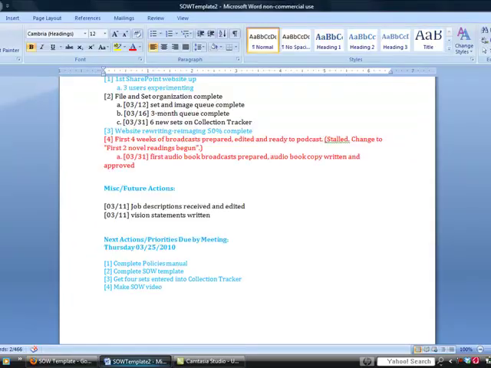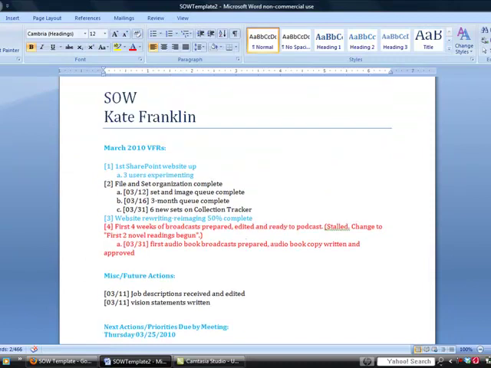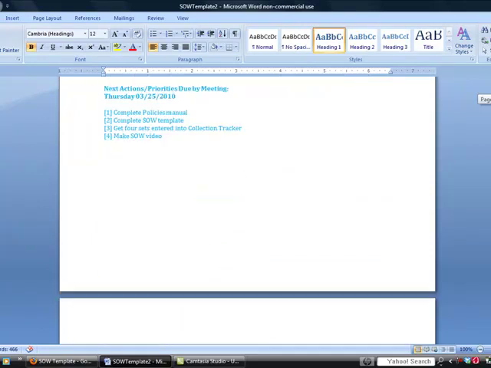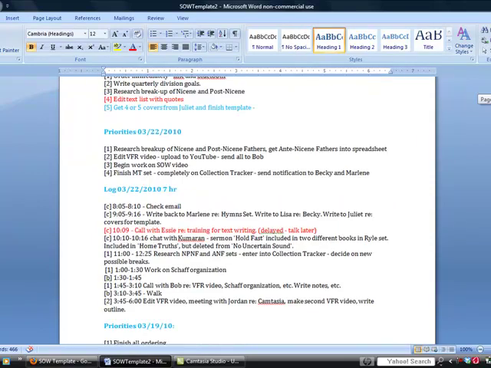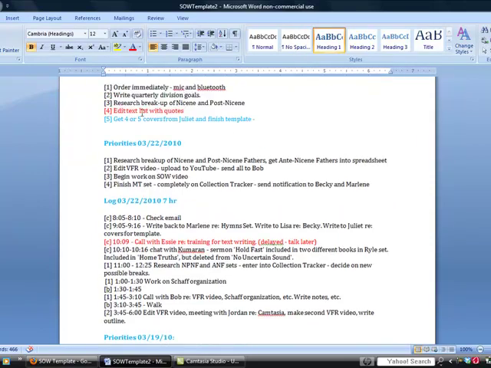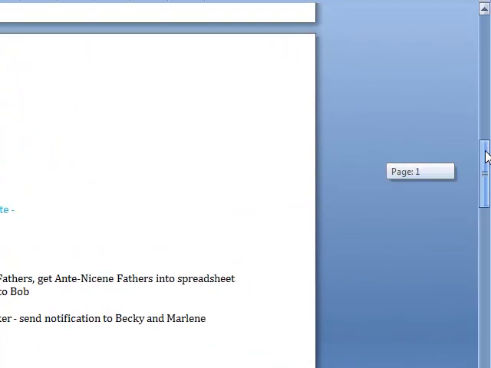Now, when you have a problem, you're going to put that problem in red. Any sort of problem. Is this a question that you have for someone? Has this been stalled by a supervisor? Is this not going to be done on time? Those sorts of things, you put those in red. That way, when your supervisor is scanning your SOW, they can very quickly page down and see what they need to deal with. Edit text list with quotes. Something was wrong there. They need to ask what was wrong.